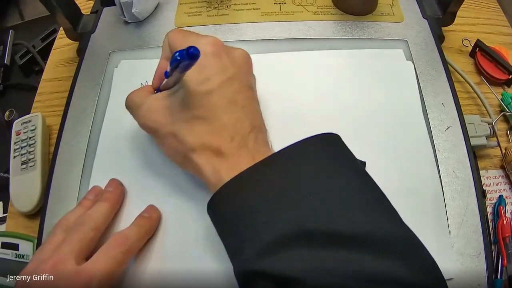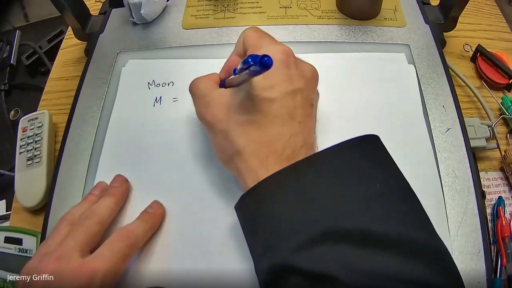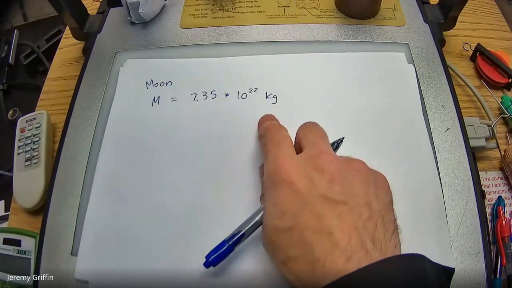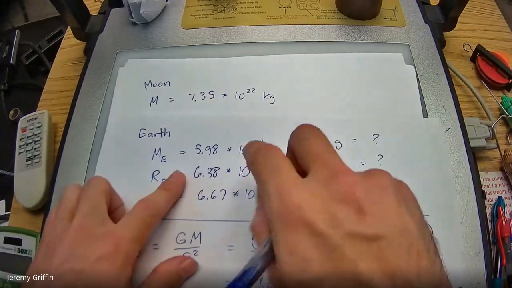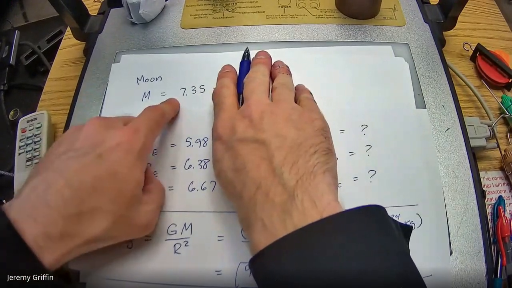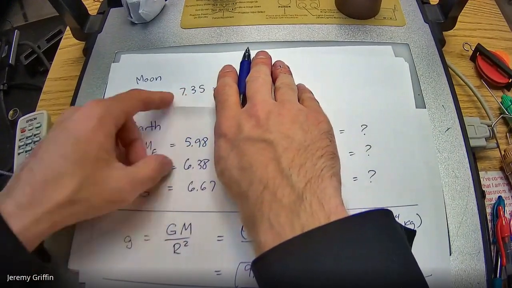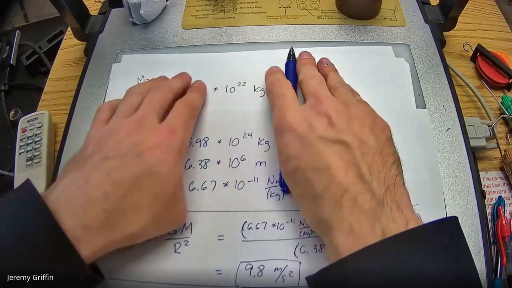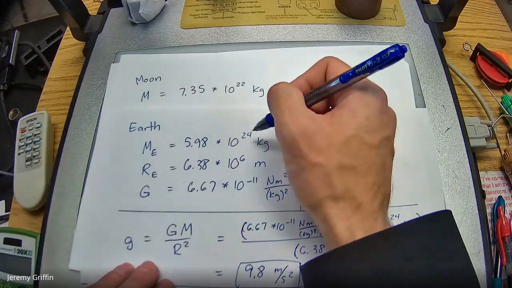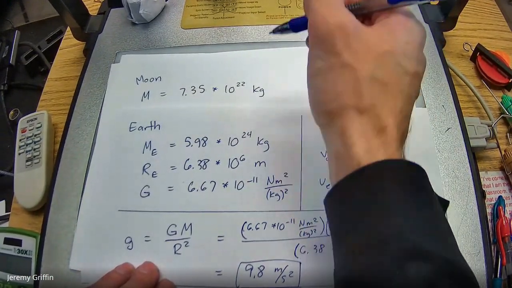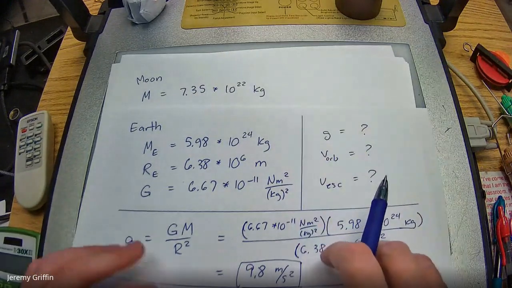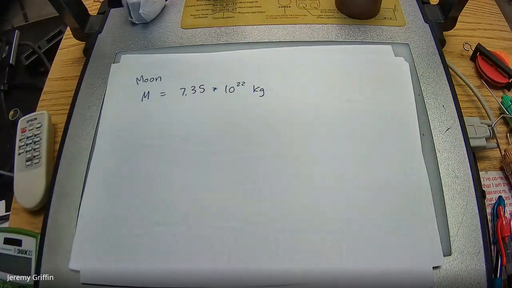The mass of the moon is 7.35 times 10 to the 22 kilograms. Pause right here. Let's do a side-by-side comparison. Here's the mass of the Earth. Here's the mass of the moon. You guys see those two numbers? Just the first digits are kind of close to each other, like 7 point something, like almost 6. Let's call this 6 and this 7. That's basically the same number, pretty close. So the difference between the mass really comes down to order of magnitude, doesn't it? 10 to the 22 versus 10 to the 24. So based on that, the Earth is how many times more massive than the moon? 100, because it's 10 to the 2, which is like 2 decimal places, that's 100 times. The Earth is basically almost 100 times more massive than the moon.